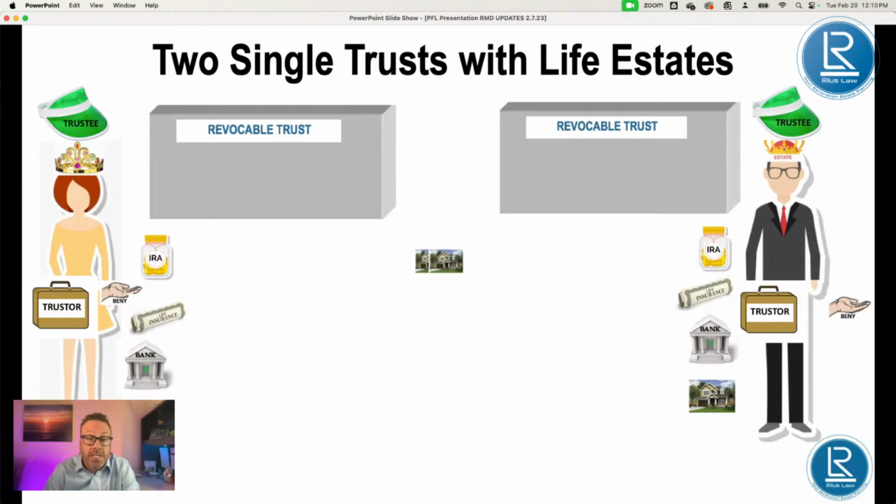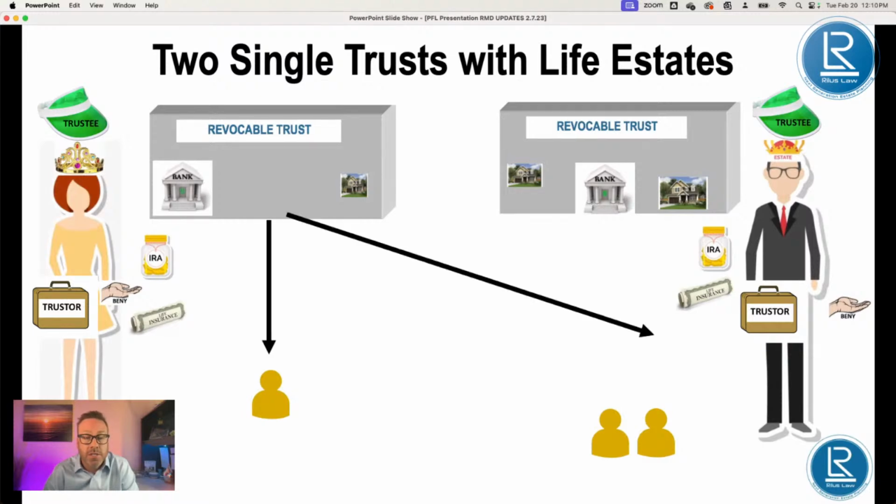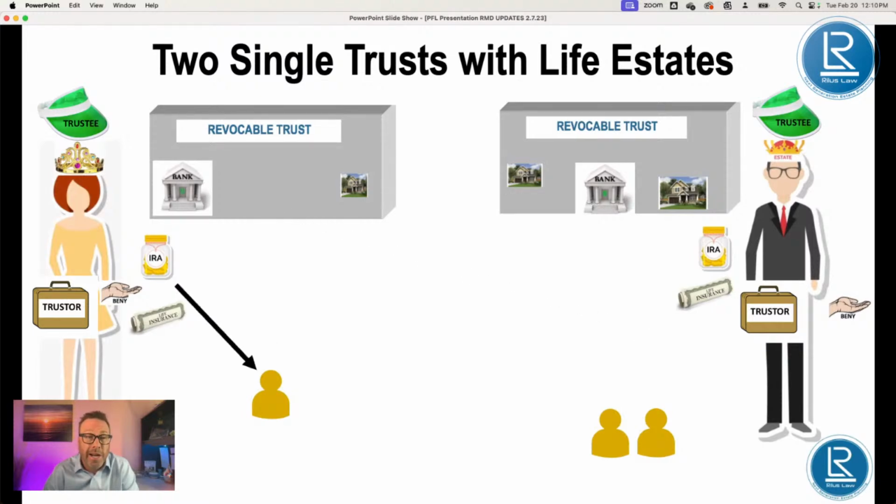In this example, they buy a house together, and we put an interest of the house in each of their trusts. This may be 50-50, or sometimes it's a different percentage, depending on who's paying for what and how it's going to work out. They also put their other assets inside of their trust, and they can choose the beneficiaries. Maybe they list things to go to their kids or their partner. Same thing with their IRAs. For the IRA beneficiary, you can choose directly your kids or your partner or some combination.